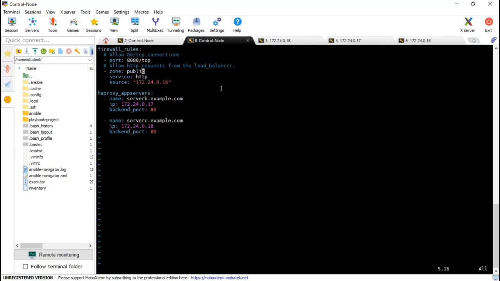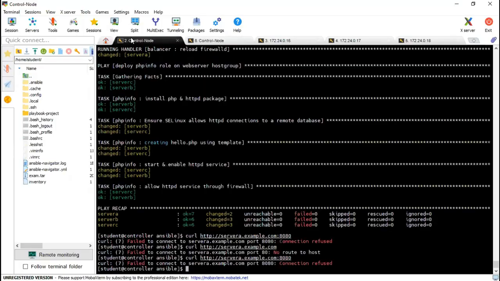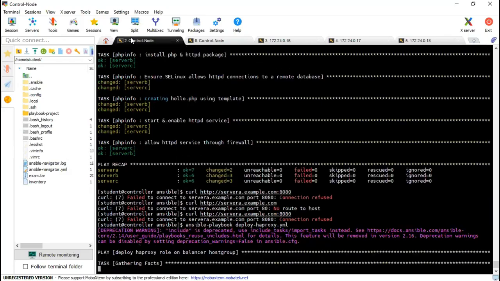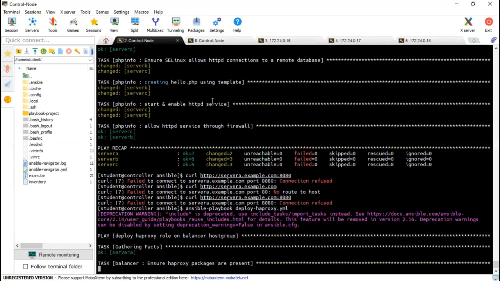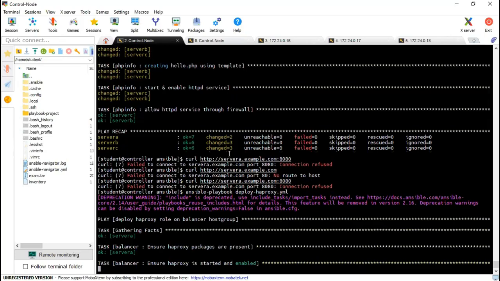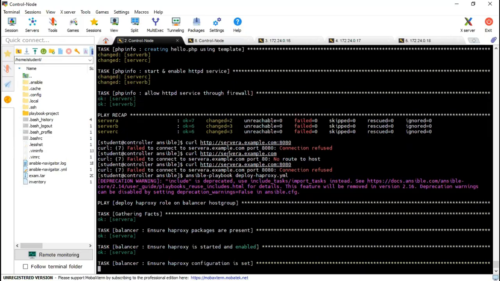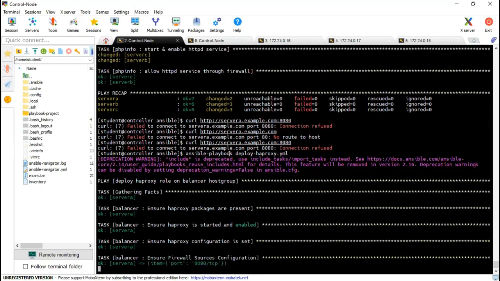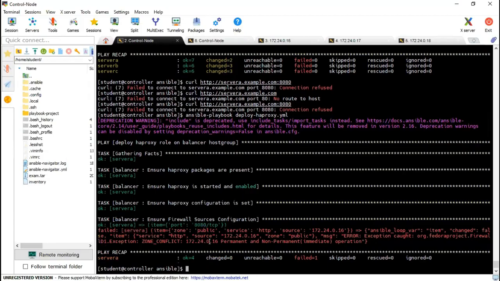Public, permanent, HTTP source, zone conflict.